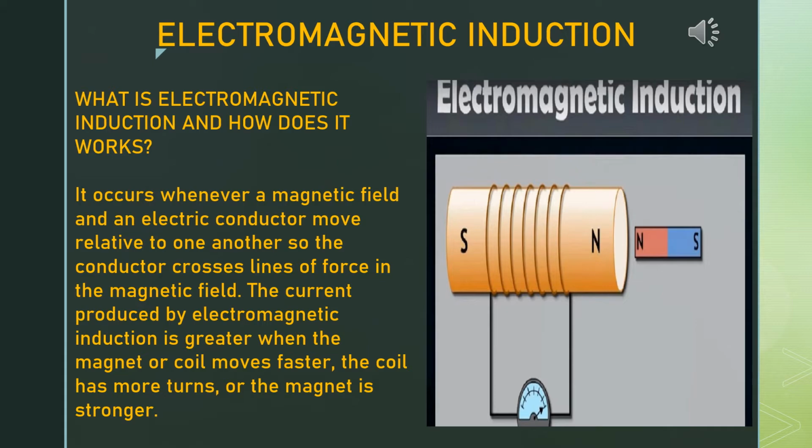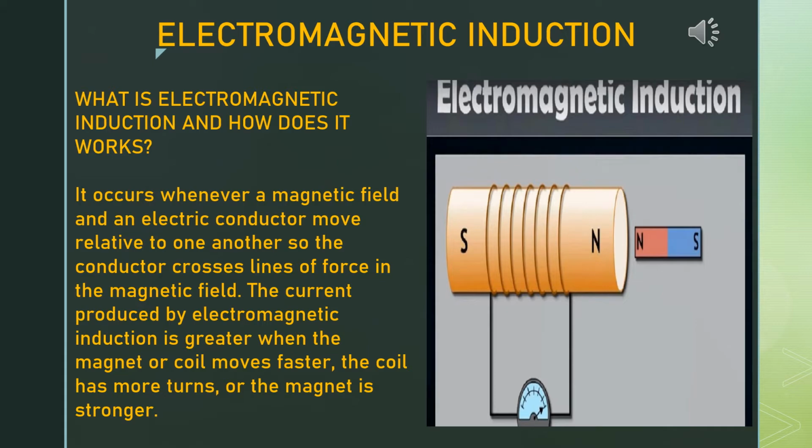So, it has been seen that a magnetic field is produced when electric current is passed through a conductor. Faraday thought that the reverse, that is, production of electric current by a magnetic field, should also be possible. He performed a series of experiments to show this. Faraday connected a coil of wire to a center zero galvanometer. Now, the north pole of a bar magnet was pushed towards the coil. You see the diagram? I have given that particular diagram. There was deflection in the galvanometer.